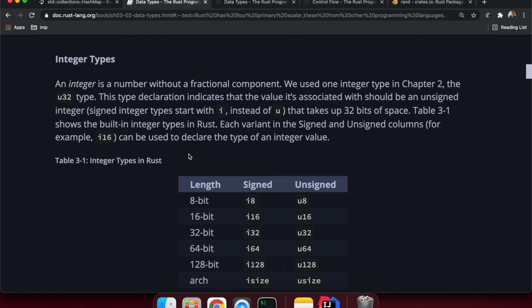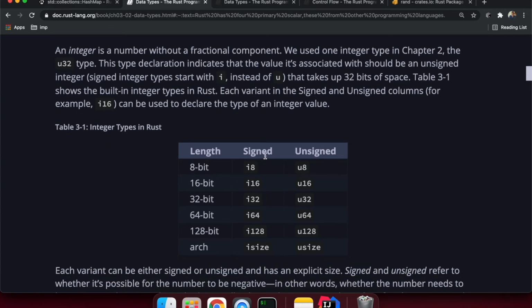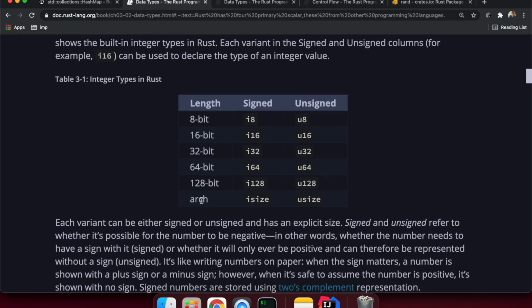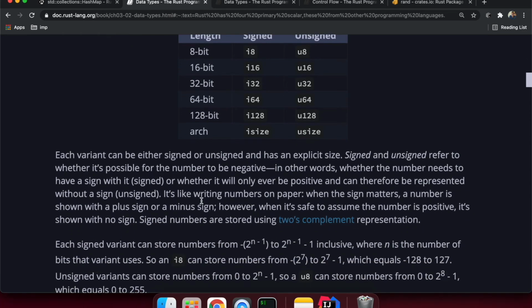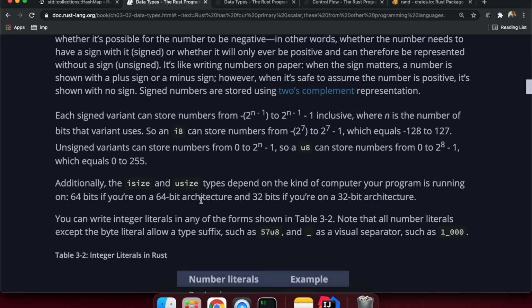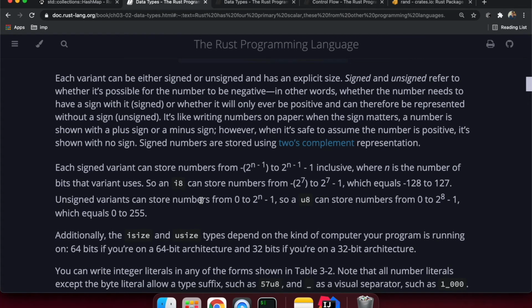For integer types, you see the length and signed or unsigned variants, so we have 8 bits, 16 bits, 32 bits, and the last one is architecture, which is the key thing. Architecture basically depends upon your operating system, so that data size is going to vary.